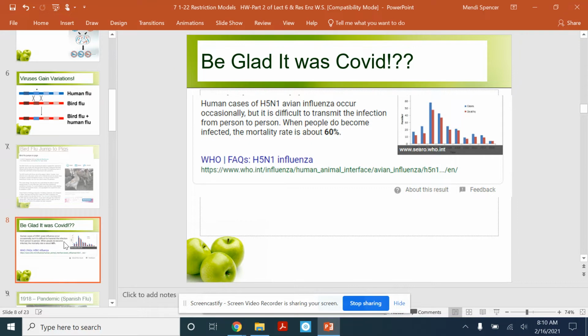So thank goodness, we've had some spillover from birds to humans, but that virus isn't able to then acquire enough good mutations in humans to be spread from human to human. And so it kind of stops in the first few people, or the first person that has contracted that avian